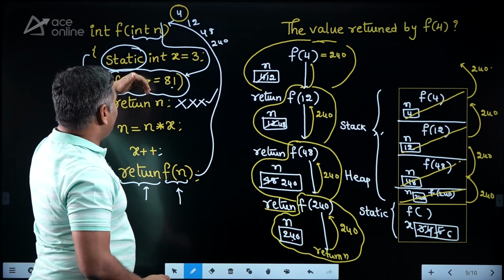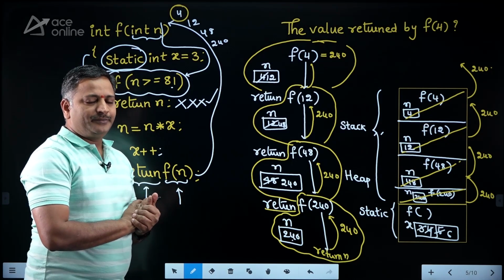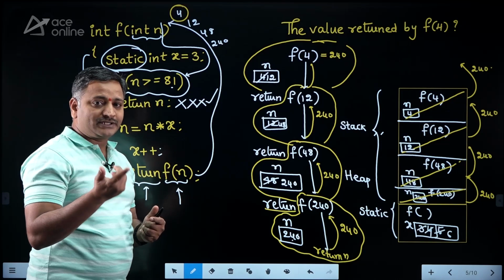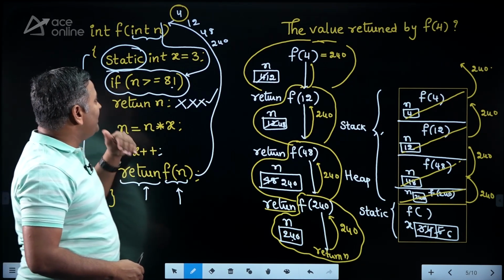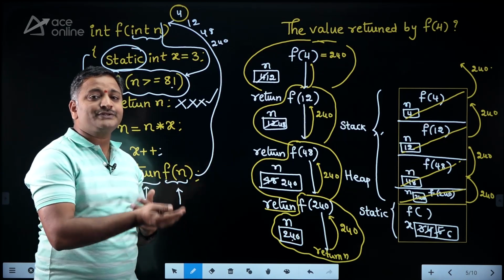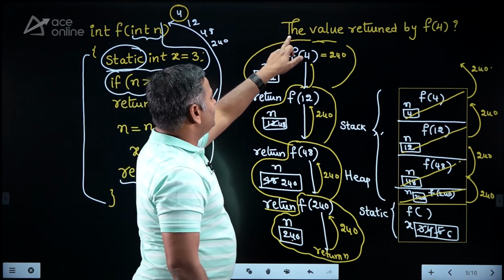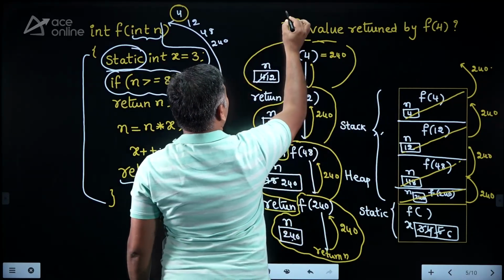Maybe in the GATE exam, they may not ask time complexity based on this. They may ask how many function calls there are, because from a time complexity point of view, there should be some relation, either n or n cube or n square or log n, like that. So whenever they provide a program like this, they may ask how many times the function is called, how many recursive calls there are. Here we asked about the value returned by f of 4, right? They may ask how many function calls,